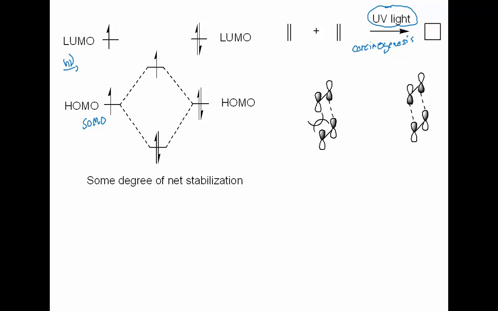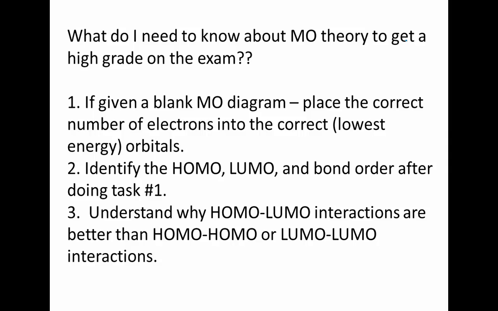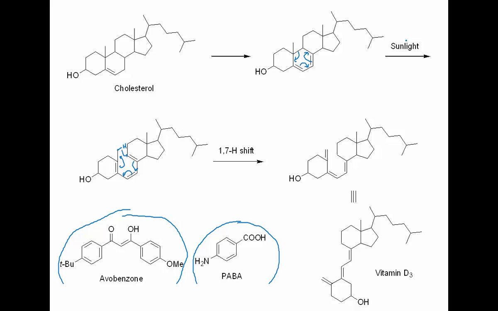Okay, so it's thought that one of the reasons that sunlight leads to skin cancer is because it causes DNA bases to do 2+2 cycloadditions. Okay, all right. And finally,